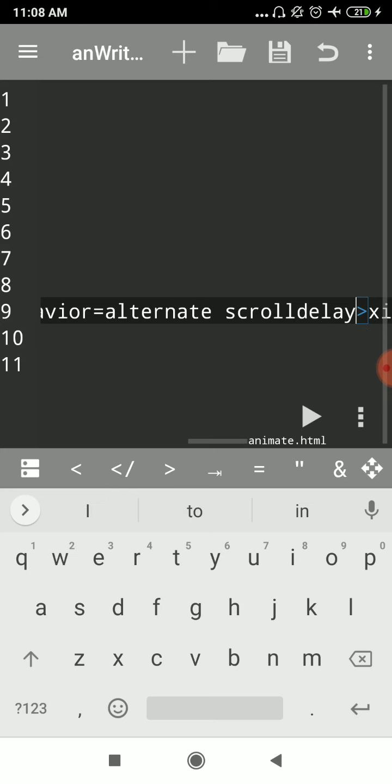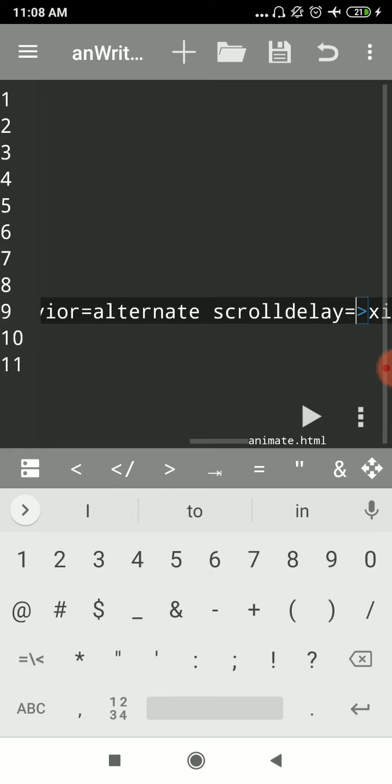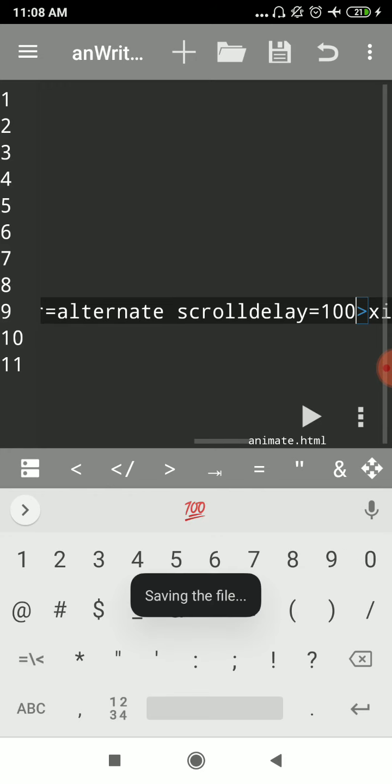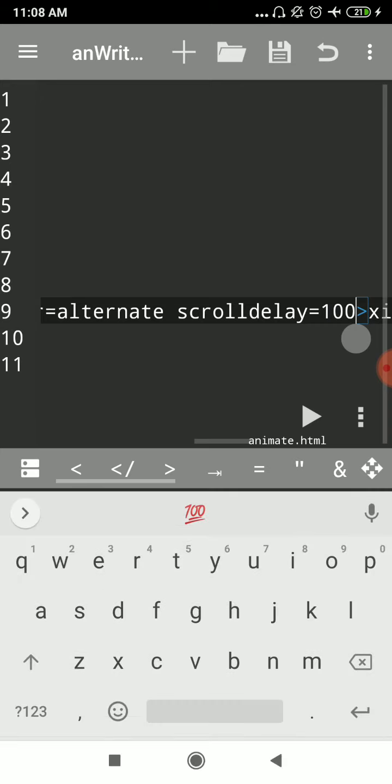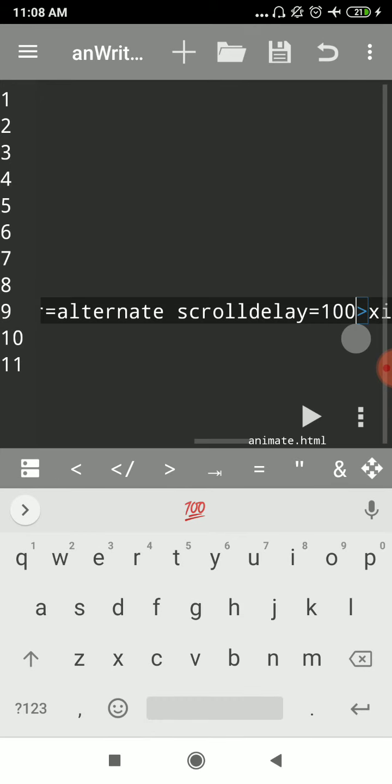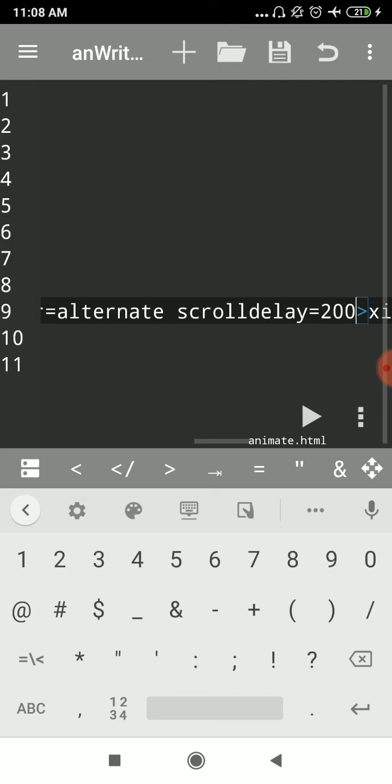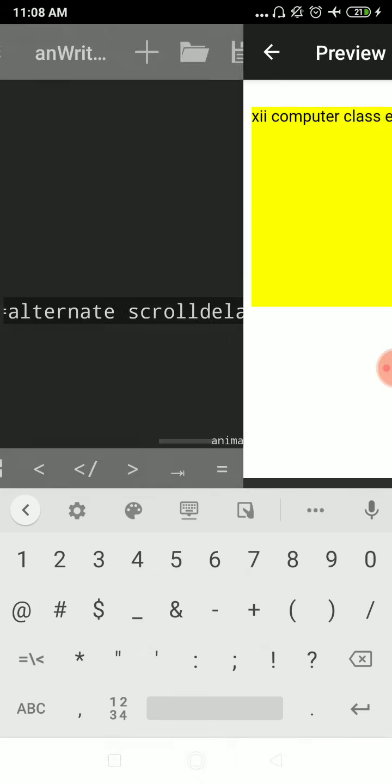Scroll delay specifies how long to delay between each jump. The values can be like 10, 40, 50. If you give 100 and such values, you might not be able to see clearly what the scroll delay does, so give a value which is slightly bigger. I will just put 2000. Let me see what happens. Can you see the scroll delay?